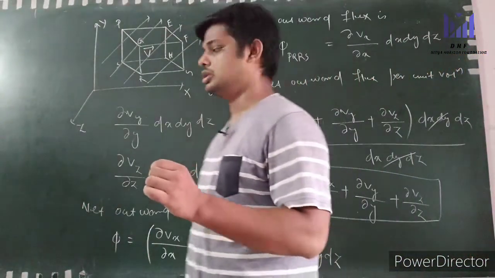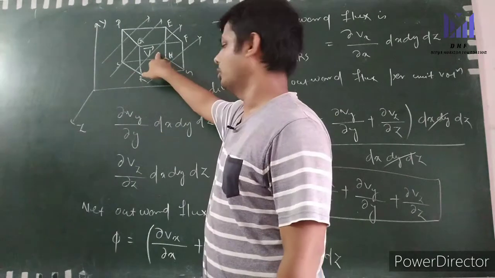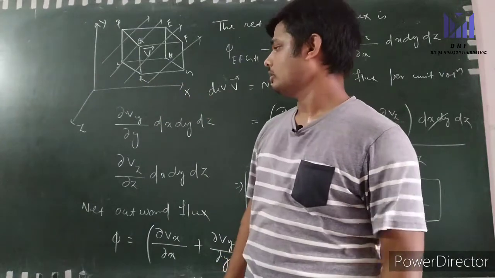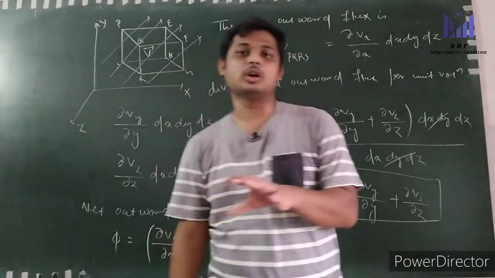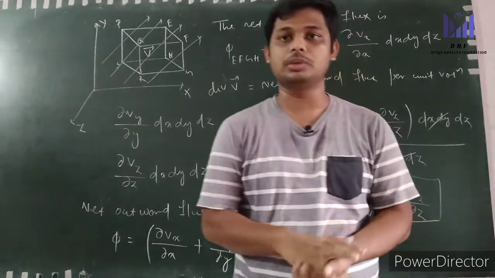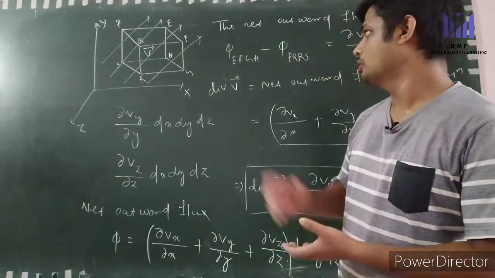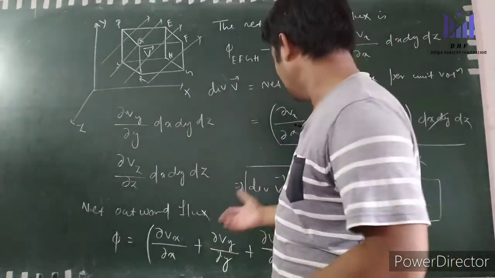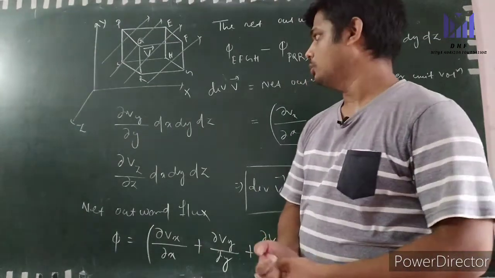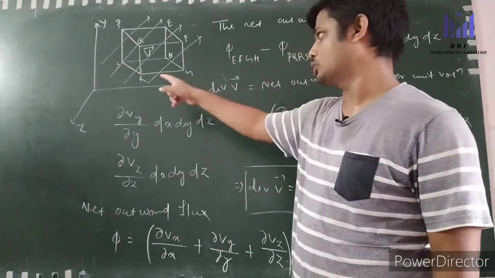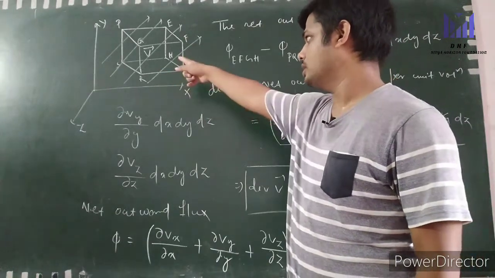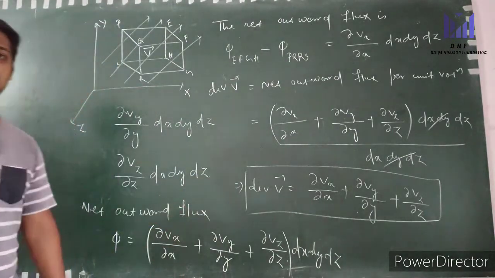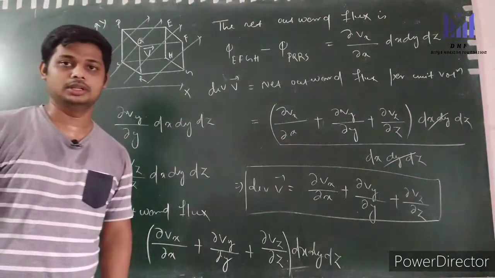And if the source producing the flux is present inside this cuboid or inside this volume, then the net outward flux coming into this small volume will be different from the net outward flux going out of this small volume. So if we take the difference of these two, we will get a non-zero quantity. So the flux is not equal to 0. The divergence is only 0 when the source producing the flux is not present inside the box. Okay. So this is all about the physical significance of the divergence of a vector field. Okay, thank you.